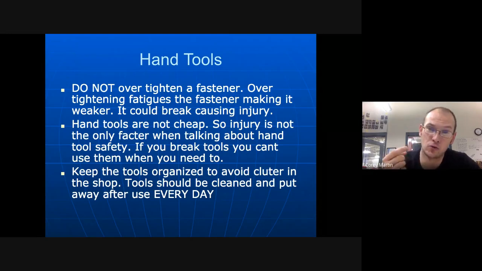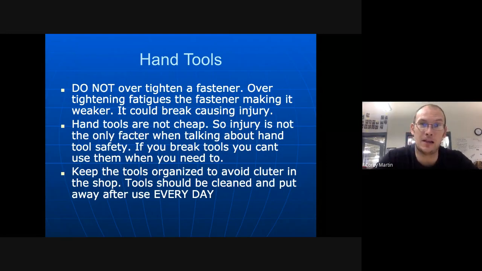If you're using an air tool, let's say the air pressure is low. Maybe the air compressor is not turned on. You might run the lug nuts down with that air tool thinking they're tight, and then the vehicle leaves the shop, the lug nuts fall off, and then the wheel comes off the car. We don't want that. The opposite is also true.